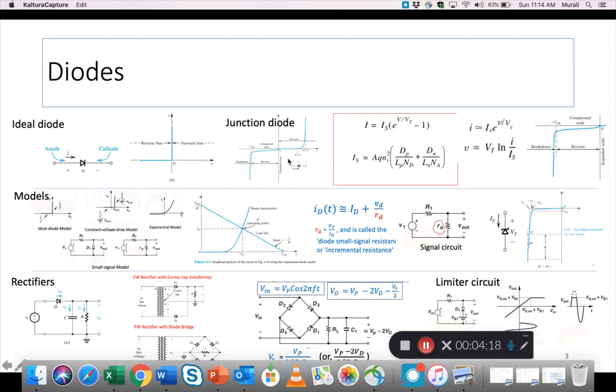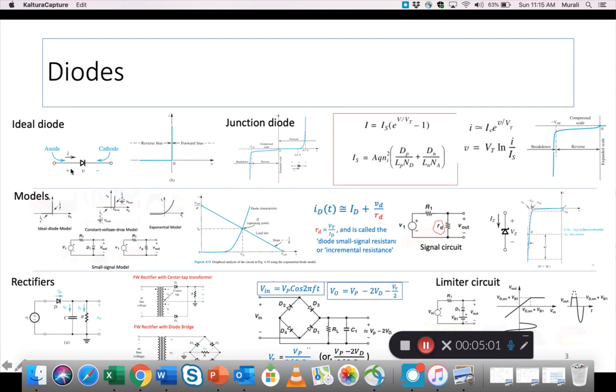More important is the junction diode, which is based on the PN junction that we studied in the earlier chapter on semiconductors, right? We were introduced to the idea of doping the P side and the N side, and if you put them together you have a junction, and the junction is a natural diode. For the junction though, the properties are slightly different from the ideal diode. For example, a proper forward bias only happens after about 0.5 volts on the positive side. That means your anode has to be about 0.5 volts,